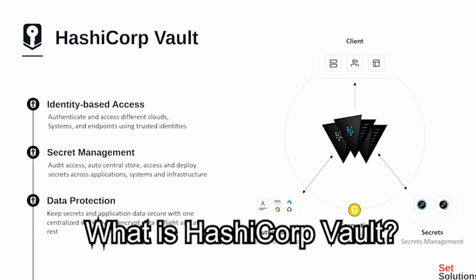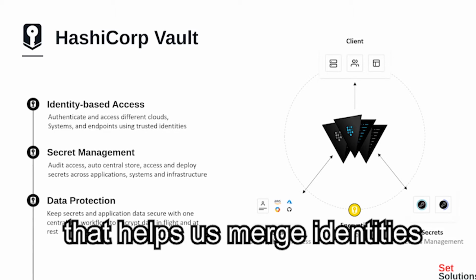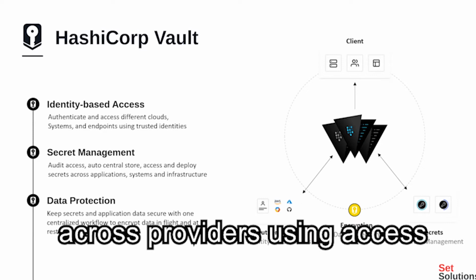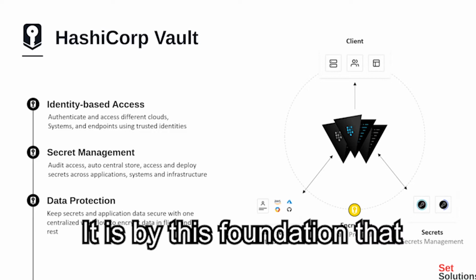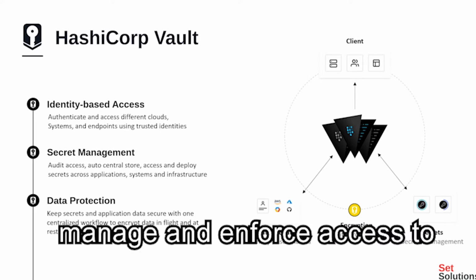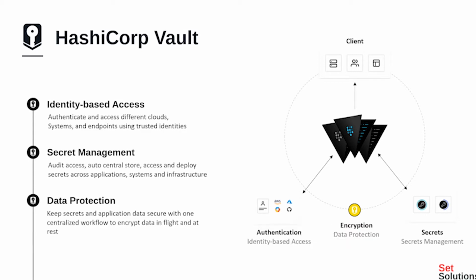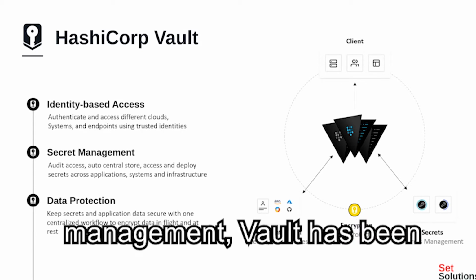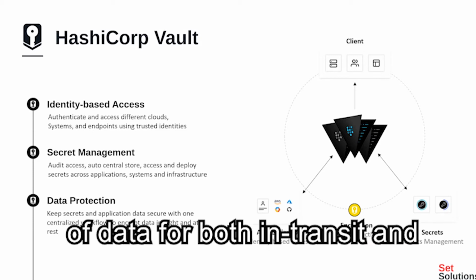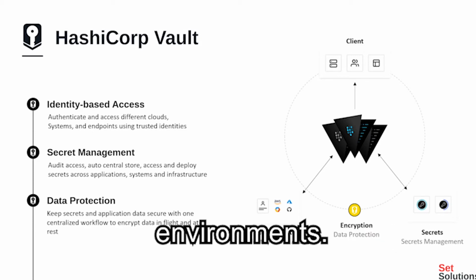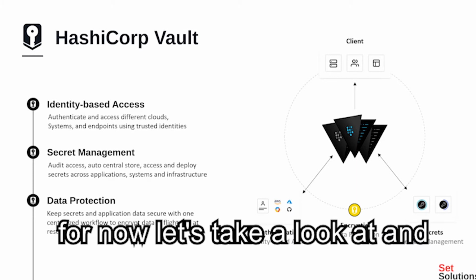Starting with, what is HashiCorp Vault? HashiCorp Vault is a centralized secrets management application that helps us merge identities across providers using access control lists to broker access to systems and secrets. It is by this foundation that Vault allows us to centrally manage and enforce access to both our secrets and systems using trusted applications and user identities. In addition to identity and secret management, Vault has been expanding its data protection features, simplifying the encryption of data for both in transit and at rest across different environments. We'll explore more about these features in the next episode, but for now, let's take a look at and ask,